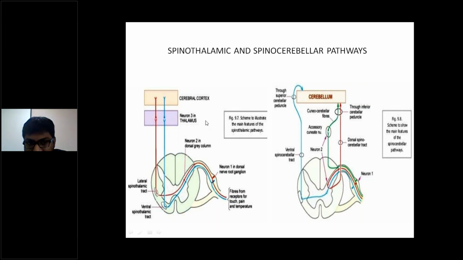Okay, see what happens in Brown-Sequard syndrome. See, Brown-Sequard syndrome is, if you take, this is the transverse section of the spinal cord. Okay, in this transverse section, this whole ipsilateral part is affected, or any infarct in this ipsilateral part. So what happens here? There will be the corticospinal tract also. Here there is also the lateral spinothalamic tract.